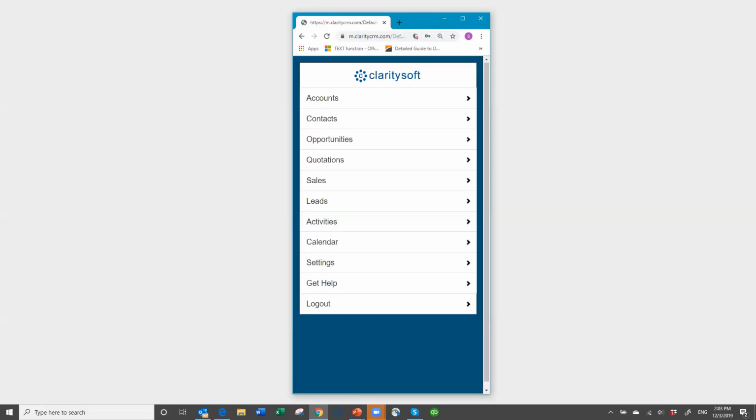or tap Sign In. And when you come into the program, you will see your navigation panel, your main navigation panel. So you can see that you have all of the modules here, and then you have the ability to log out. You also have a settings, which basically takes you to where you can set your time zone and your language. And then Get Help will take you to our knowledge base that we have online. So that's also available on the phone. To go to a module, you simply tap it,